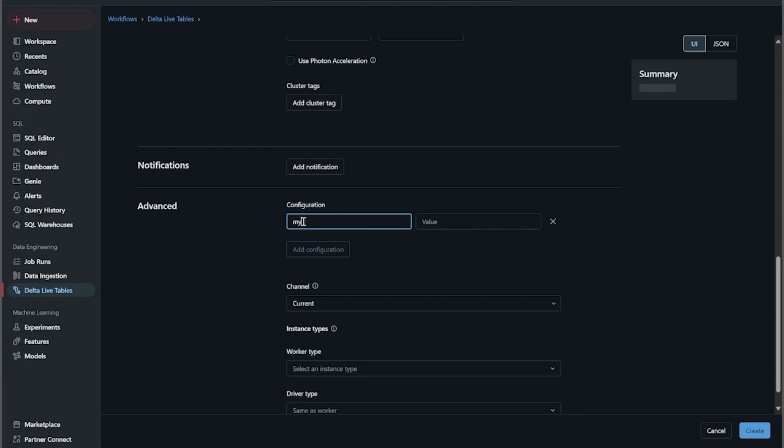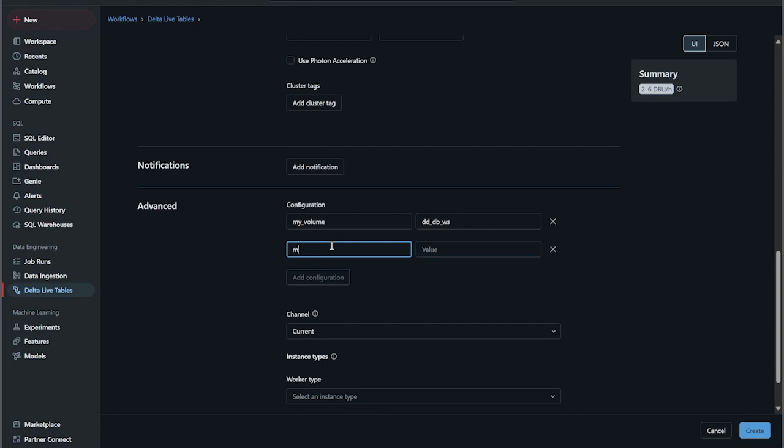So if you remember, there was my volume in this. My schema, which was DLT demo.